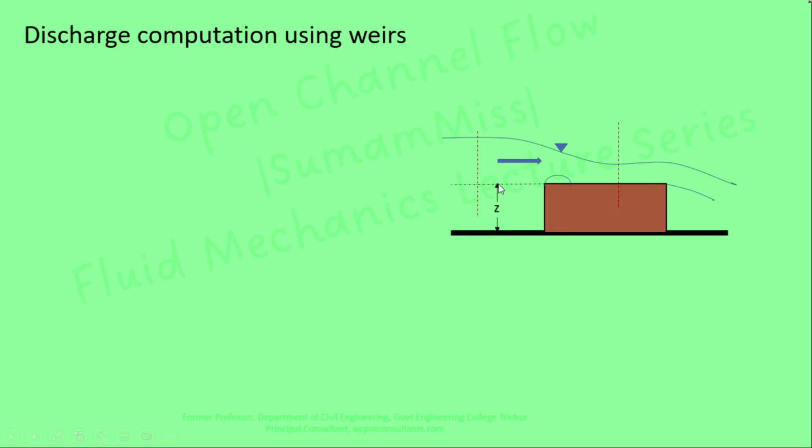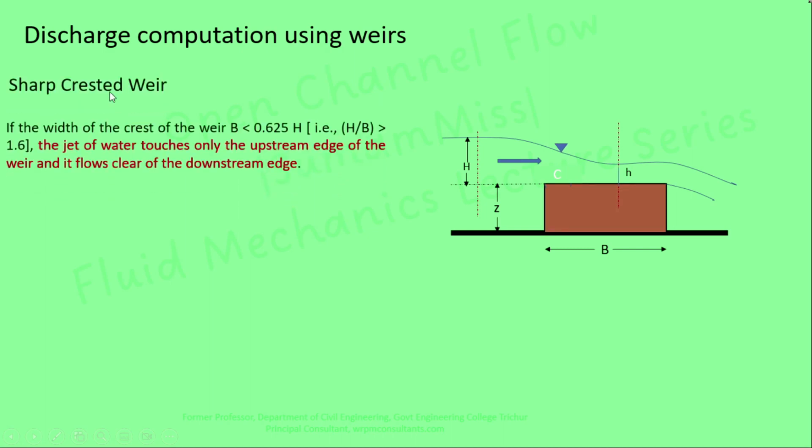Z is equal to weir crest height and B is the width of this weir. H is the head upstream of the weir and h is the height of the water that is available over the weir crest. So weirs are classified into sharp crested weir. In the case of a sharp crested weir, the width B is less than 0.625 H. That means the jet of water touches only at the upstream edge of this weir and it flows free of